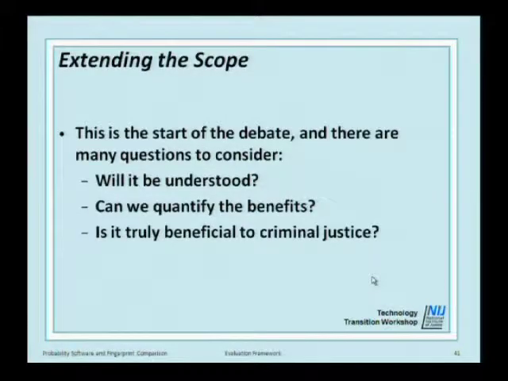Okay. So like I said, it's the start of the debate, okay, and we've got many questions. Big question, and part of what these sessions are about, is it understood? Well, immediately within the latent print community, I think there's a lot of people that don't quite understand what it is. Okay. So these sessions are important. Can we quantify the benefits? Because ultimately,